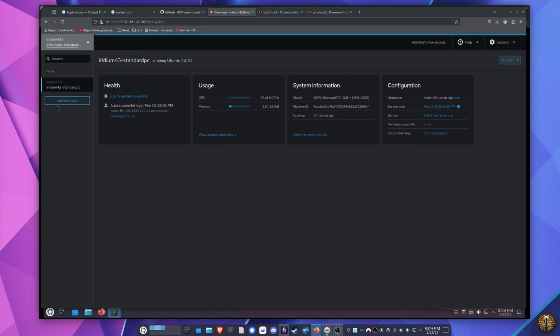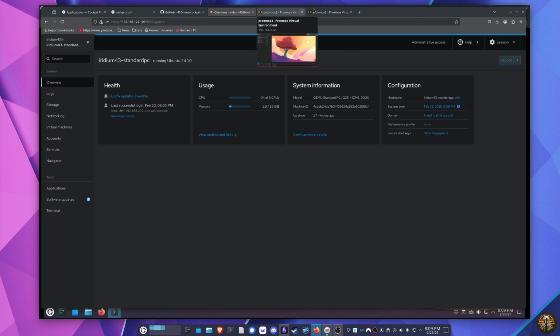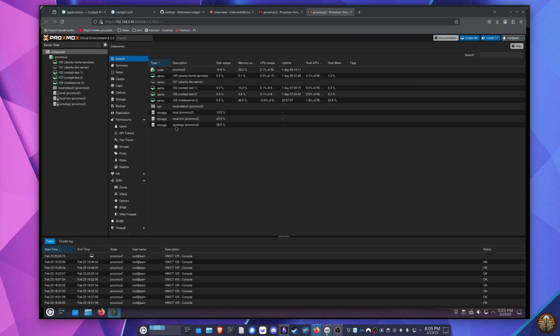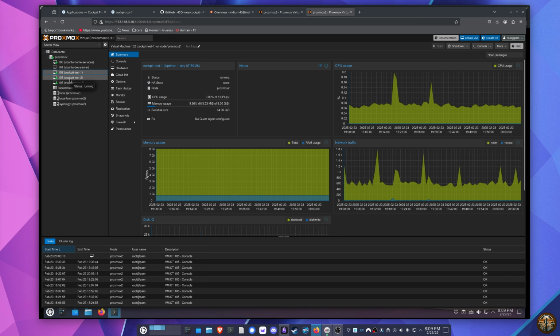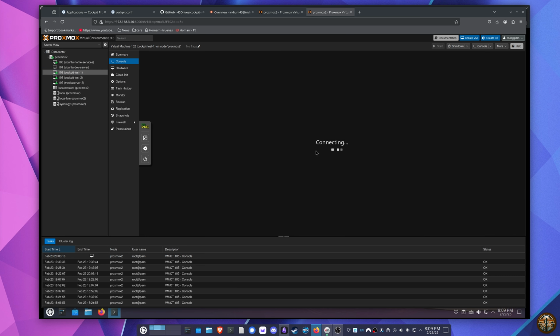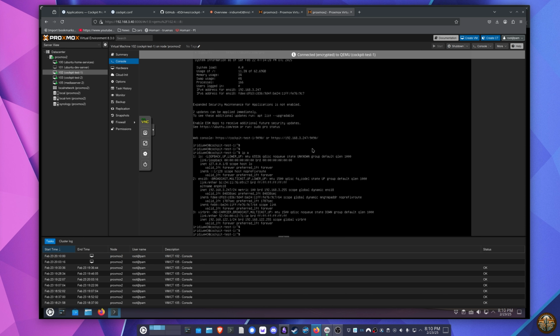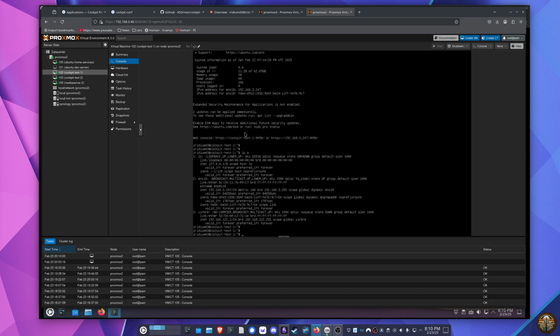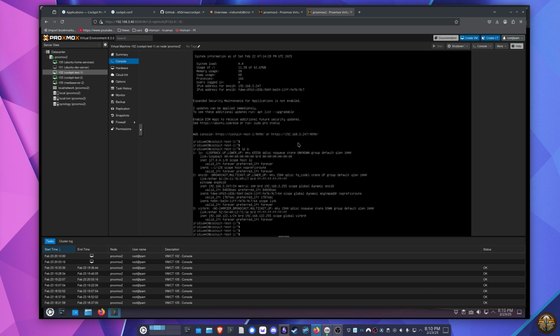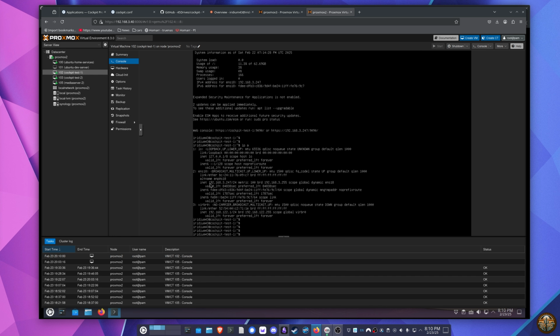And what we can do now is add other hosts to communicate with. Now, I prepared for this a little bit by setting up some other test VMs. So I'll show you over on my Proxmox server. I have 2 test VMs for Cockpit. I have Cockpit already installed on these. And we can actually go to these addresses and view Cockpit locally. But what I want to show you is how we bring that all together into one interface. So this is, let's see, 3.247. So what we need to do,